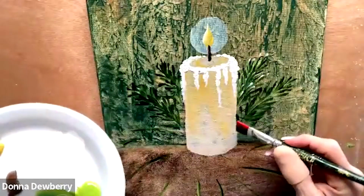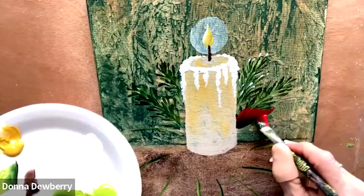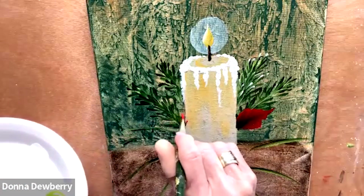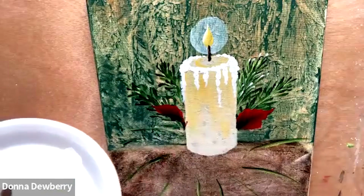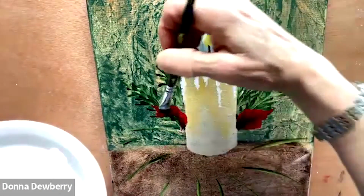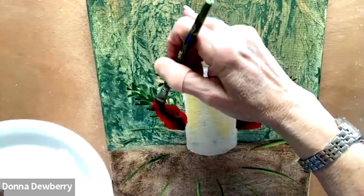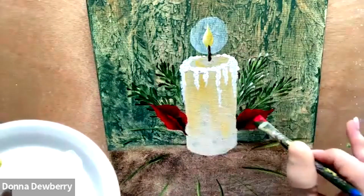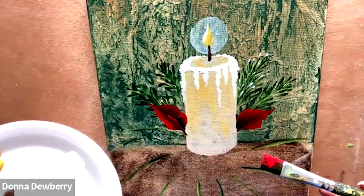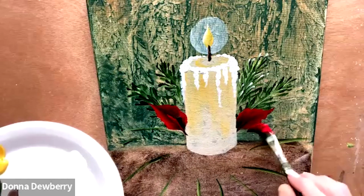Okay, so then what I'm going to do is come right in here. And I'm going to come back. All right, so I'm going to go over here and come up. I'm going to come around here, try to keep my arm out of it so you can just see the red. All right. So out here,